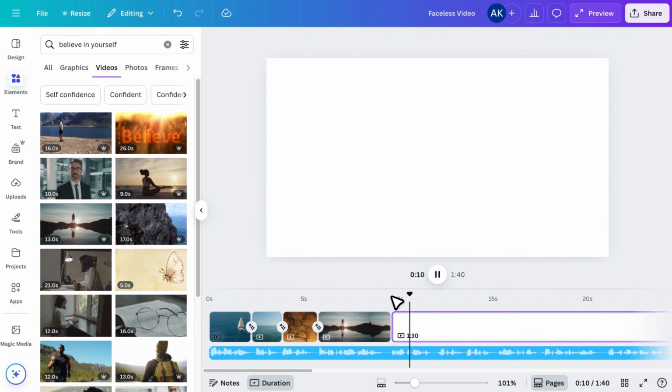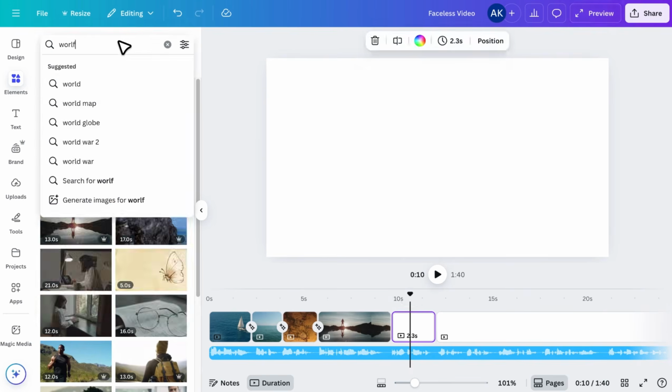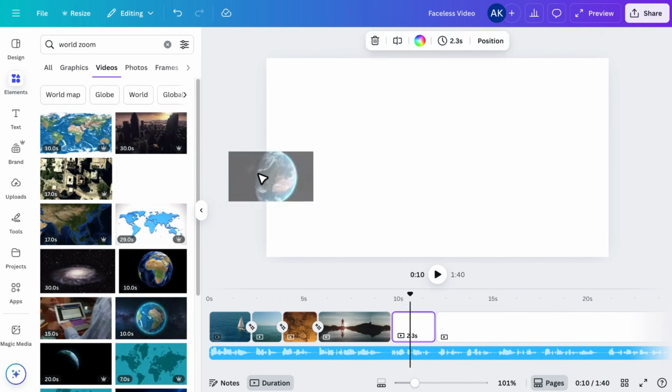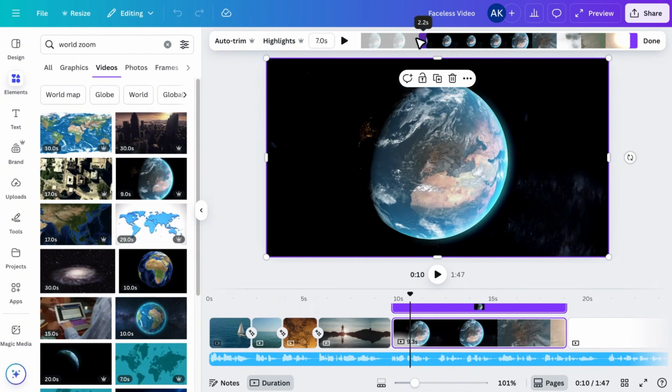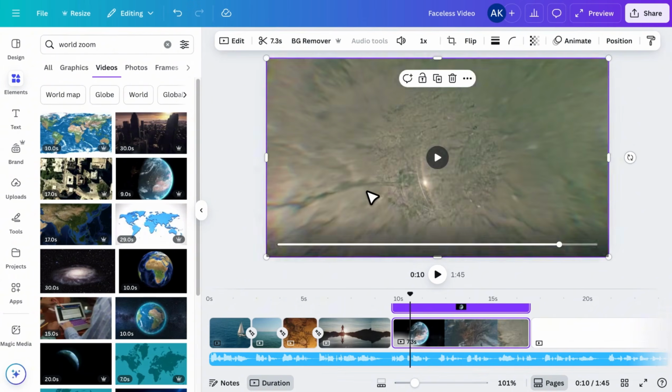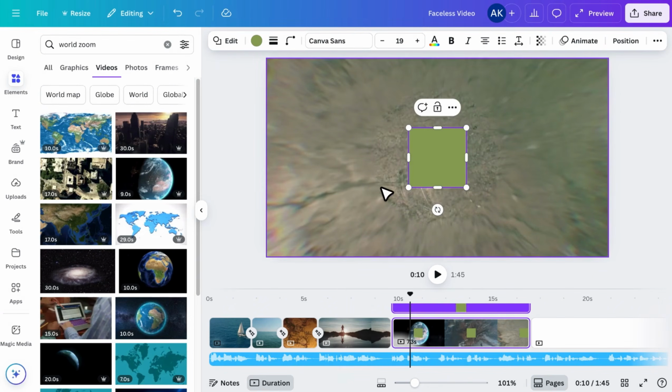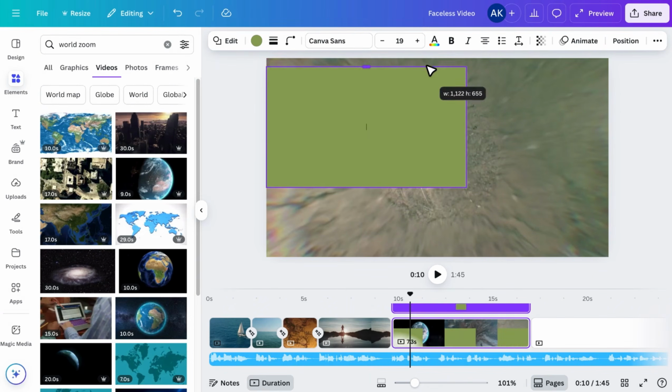Sometimes the script talks about specific details, like a year or date. In that case, I first add a relevant visual and crop it. Then I press R to add a rectangle, stretch it across the page,